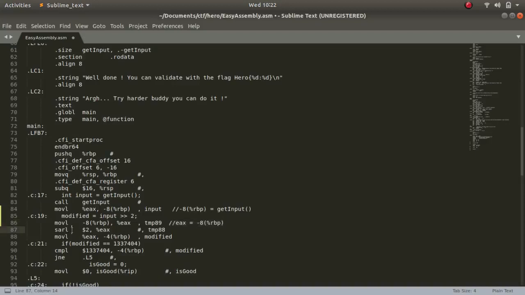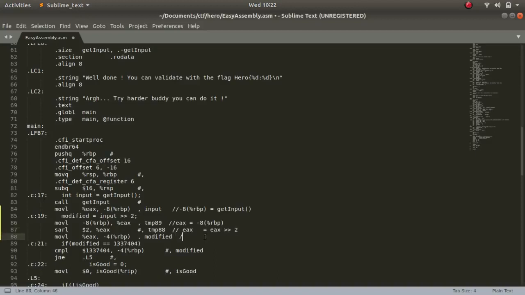Now this is an instruction, which means that whatever I entered over here should be shifted by 2 places, so 2 bits. This is the destination and this is the value it is being shifted by. So EAX is equal to EAX shifted by 2. Whatever I entered is stored in EAX, and that EAX is being shifted by 2 places.